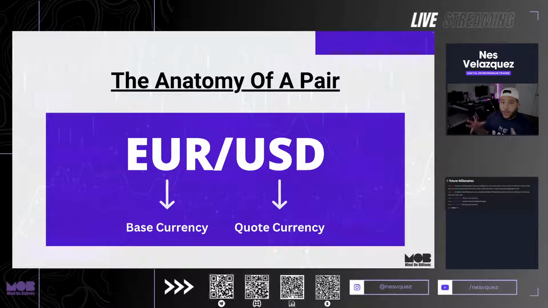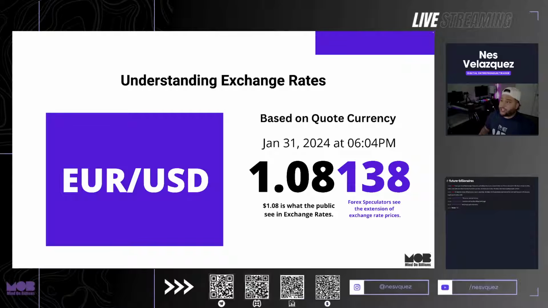So pairs are together, and basically you'll see in the exchange rate what it really means when it comes to the currency exchange rate, and so on and so forth. Then we get into understanding the exchange rates. The exchange rate is based on the quote currency. So for example, when I took this snapshot on January 31st of 2024, at 6:04 p.m. Eastern Standard Time, looking at Euro USD, the exchange rate was